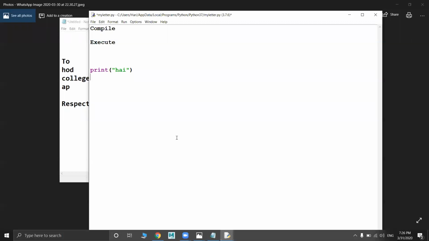No. You saw at the start of the session, I had not given the codes and I simply executed, and it threw an error that hi is not defined anywhere, right? The name hi is not defined. That means it is compiling as well as executing, right?